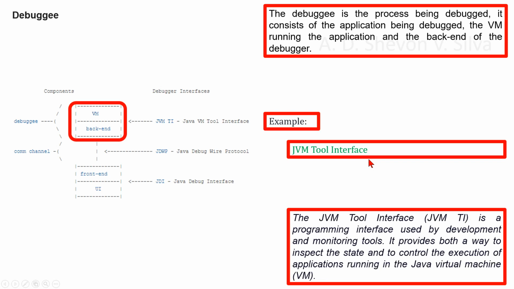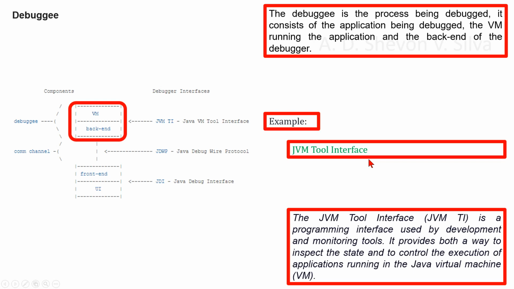JVM TI is a programming interface used by development and monitoring tools. It provides both a way to inspect the state and to control the execution of applications running in the Java